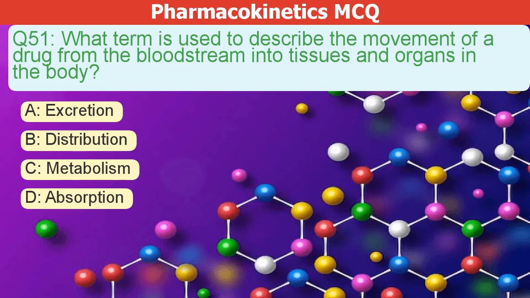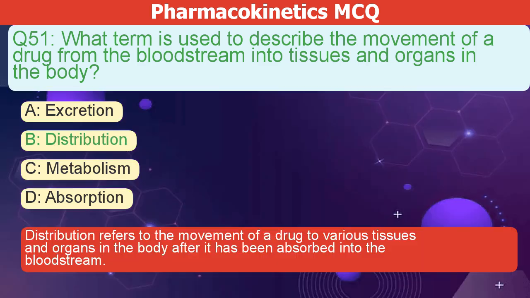What term describes a drug's movement from the bloodstream into the body's tissues and organs? A. Excretion. B. Distribution. C. Metabolism. D. Absorption. The correct answer is B. Distribution refers to the movement of a drug to various tissues and organs in the body after it's been absorbed